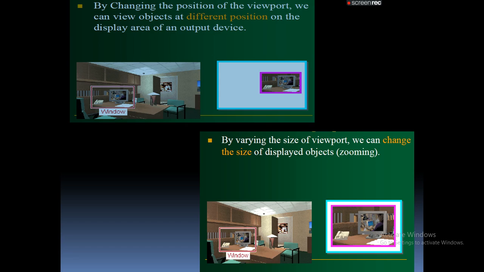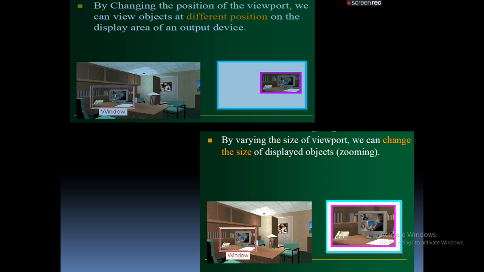I am discussing here the size of the viewport and the position of the viewport. The position of the viewport defines where on the screen of the monitor you decided to display the image. The size of the viewport defines whether you want to perform zoom in or zoom out, that is, whether you want to display a larger size of the image than what is present in the clipping window, or a very small size of the object or image present in the clipping window.